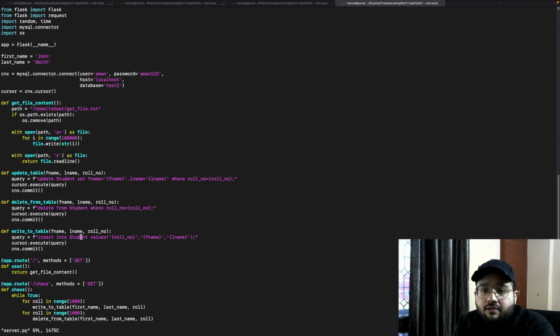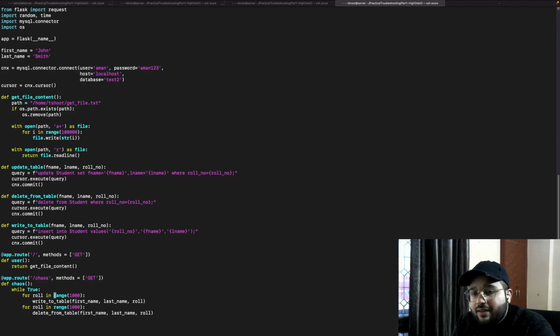Okay, so initially we called a root endpoint, so there is nothing there. It is calling a function that is get file content. Get file content is here, so we have a file. We check for that. If it exists, we remove it. We create a new file, write some numbers into it, and read those numbers and return back to the calling function, right? So it is using disk, right? This function is using